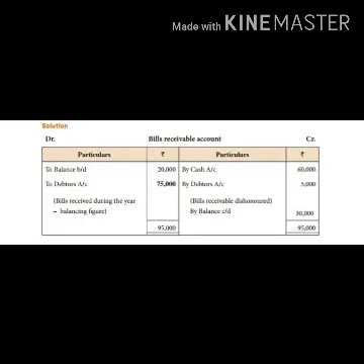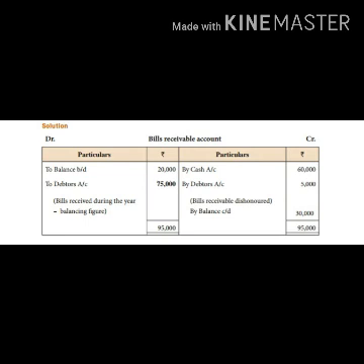Posting the bills receivable account: in the debit side you write to balance b/d 20,000. It means opening balance you write here. Then next, cash received for bills receivable, in the credit side you write by cash account 60,000. Bills receivable dishonored is posted in the credit side by debtors account 5,000, in bracket. Then you write the balance. Which balance? Closing balance, by balance c/d 30,000.